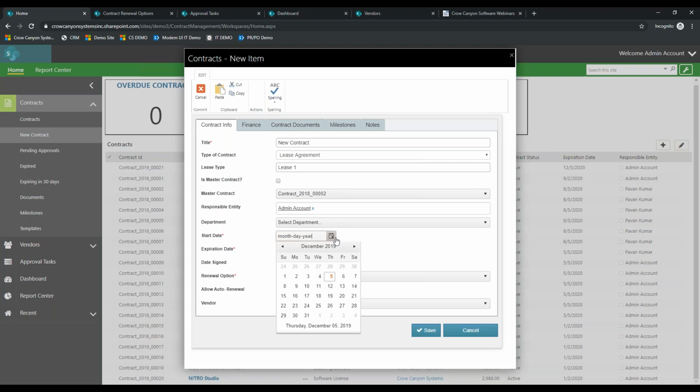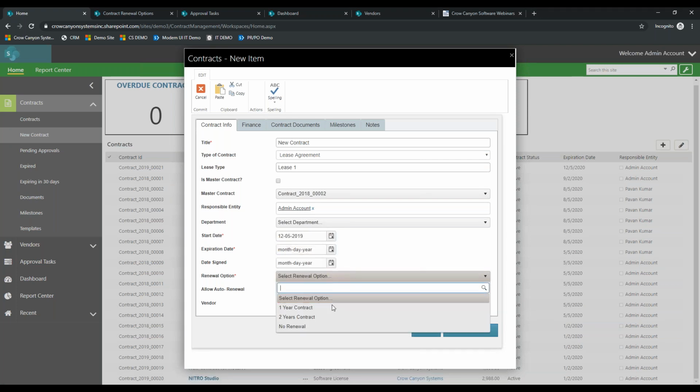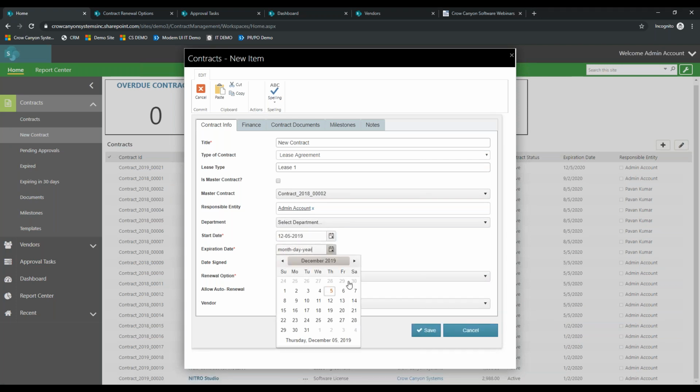So like start date. Now let's say this is going to be a 1-year contract, right? So next, this is going to go out and be, what is it, 2020? Oh man, already. Okay, so this contract's going to expire December 5th, 2020. Now, since I'm the responsible entity, we can ping me as aggressively as we want in relation to this contract. Okay, Ryan, 90 days out, I need you to do A. 60 days out, I need you to do B. 30 days out, I need you to do C, right? And these are